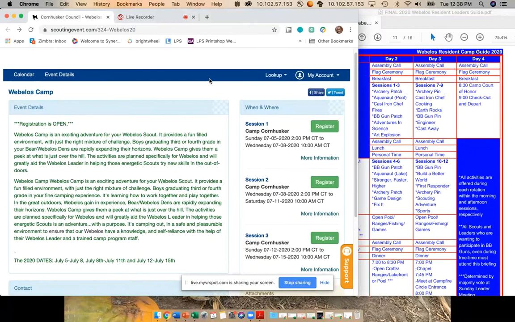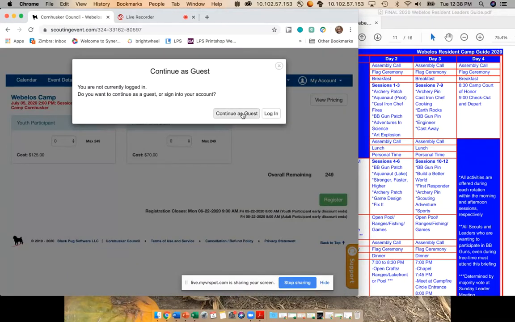of my screen, where I went to the council calendar and chose Webelos Resident Camp in July. There are 3 sessions, July 5th through July 8th, July 8th through July 11th, and July 12th through July 15th. For the purpose of this, I'm going to register for session 1 by clicking the register, and I'm going to continue as a guest, but if you have a camp or council login, you can use that for your Scouts